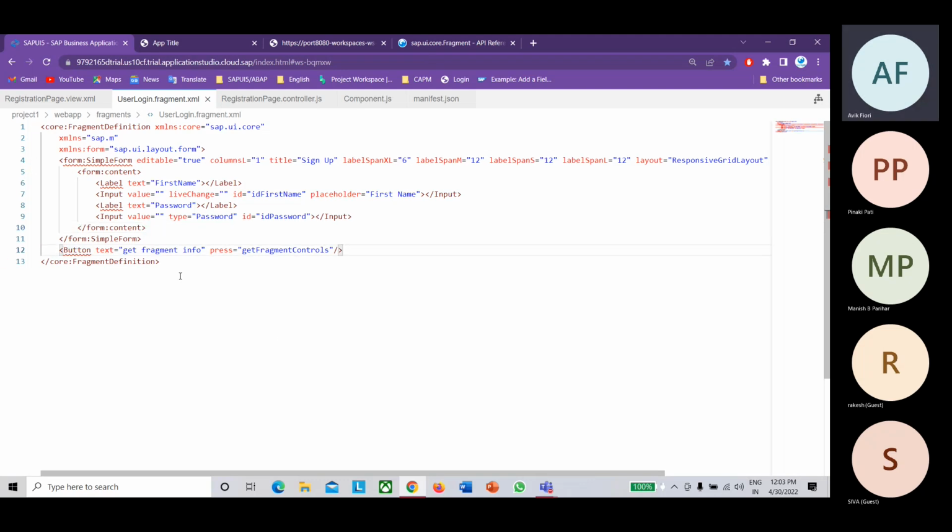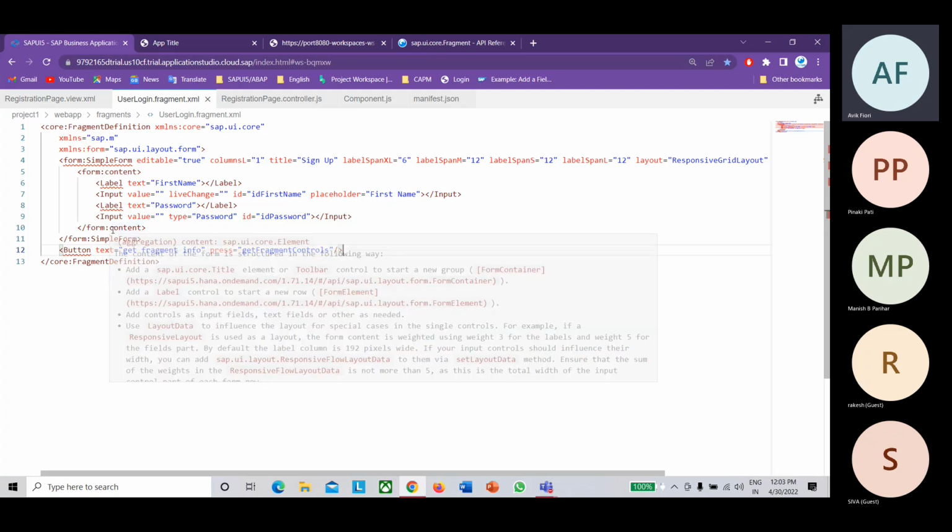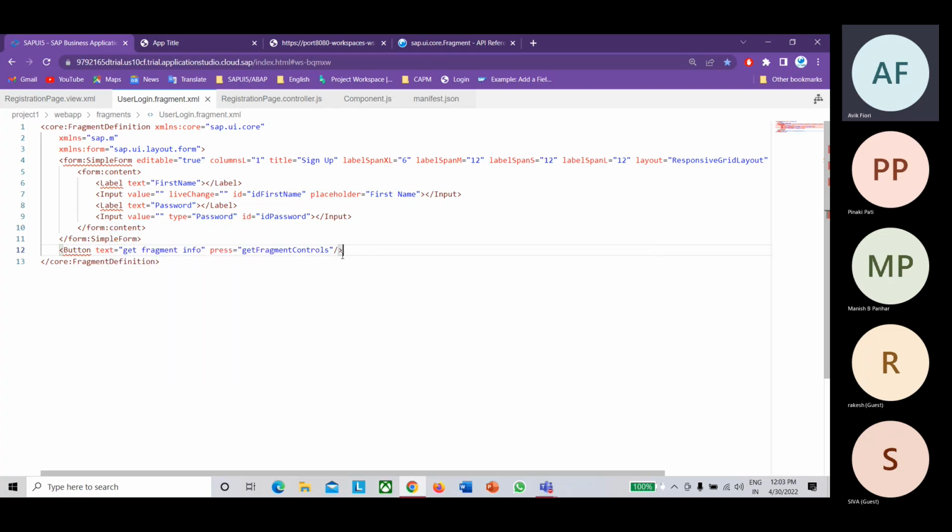What I wanted to say is that if you're declaring any controls and you want to add methods or code for that, where can you add it? It is triggered from the view, and that view's controller file is the registration page controller. So you can use the registration page controller file for writing the code for the fragment. That's what I wanted to say.